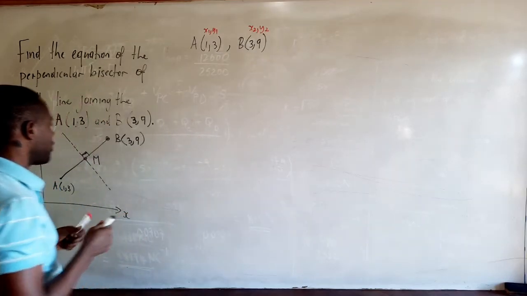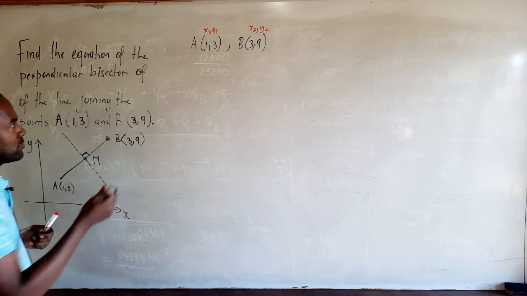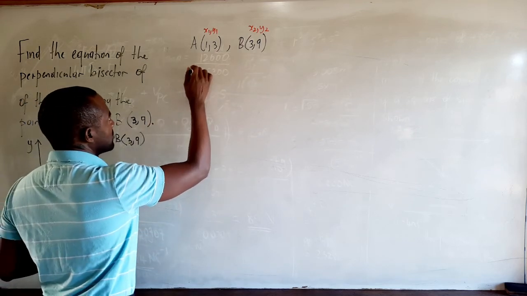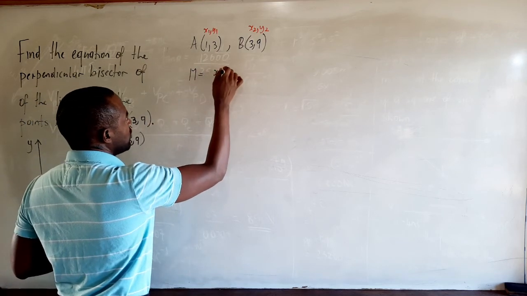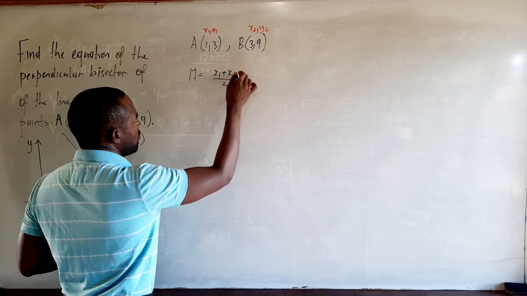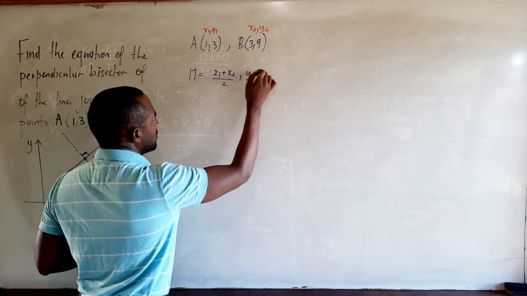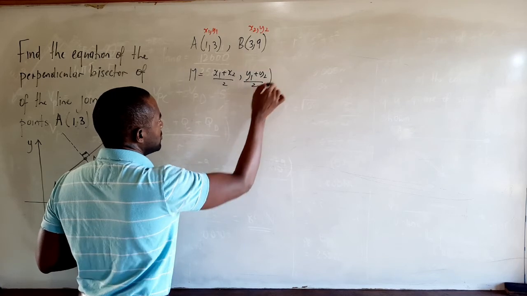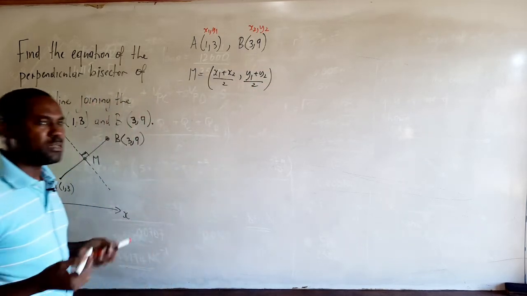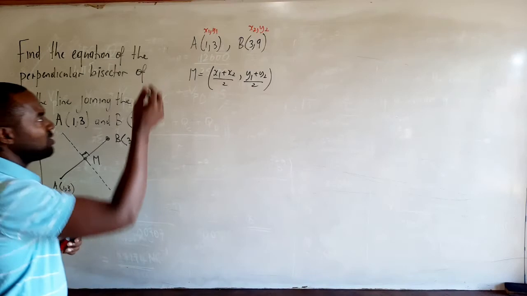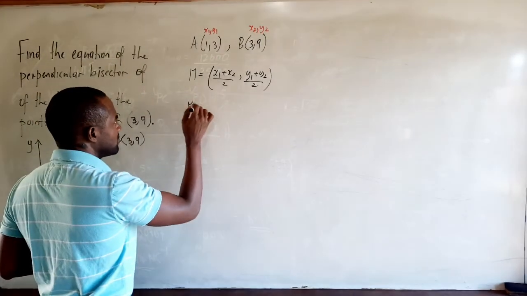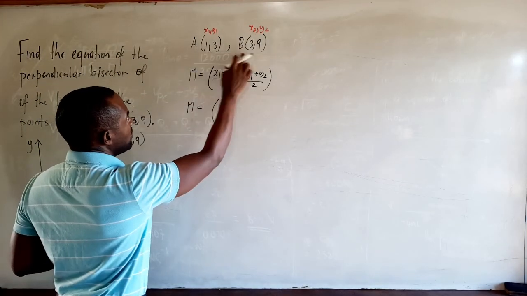Therefore, the midpoint M will be equal to (x1 + x2) over 2, comma, (y1 + y2) over 2. That is how we find the midpoint of a line. So substituting these values now, we get that M is (1 + 3)